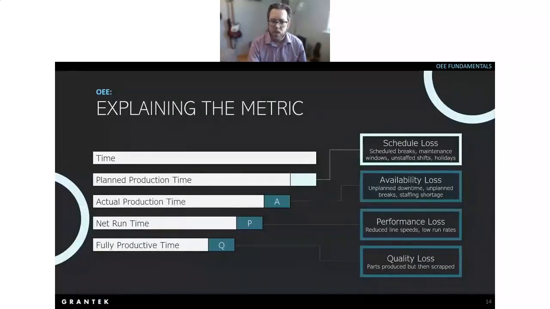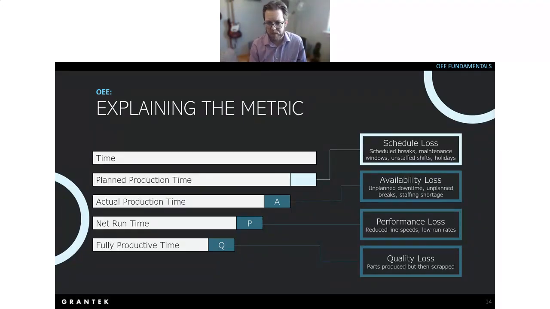So as I mentioned, OEE is comprised of 3 parts: availability, performance, and quality, usually abbreviated as A, P, and Q. And it works like this. If you have all the time in the day your asset could be producing, you might not actually be scheduled to run all that time. You could have breaks or maintenance windows or things like that. So if you take all that away, you then have your planned production time, which is really the window of time we're focused on for OEE. Now, if you don't run that entire time that you expected to, due to machine faults or unexpected breaks or things like that, that's counted as what we call an availability loss, time that you were supposed to be producing,